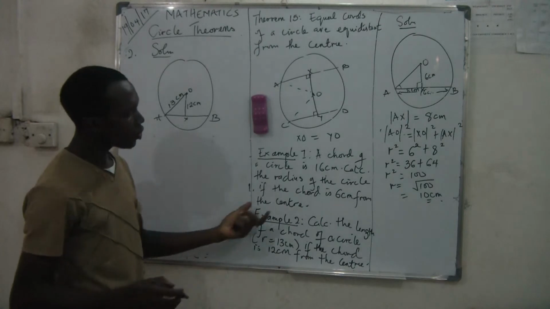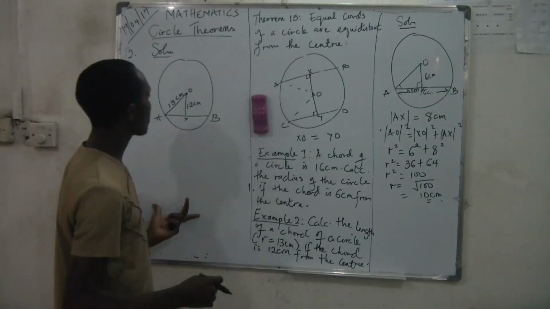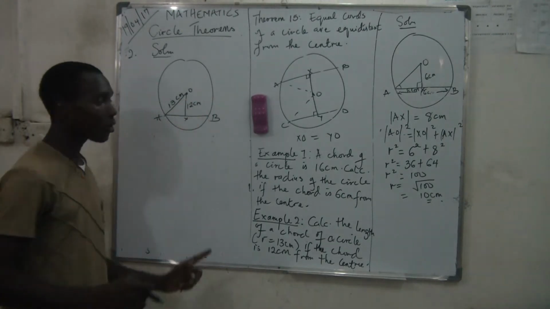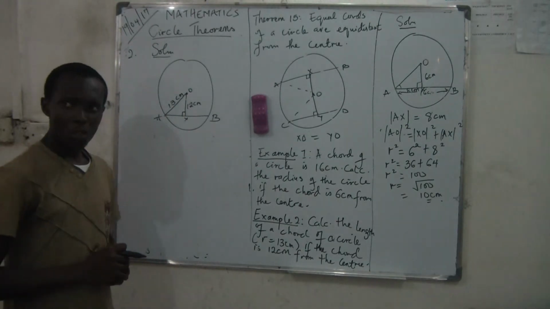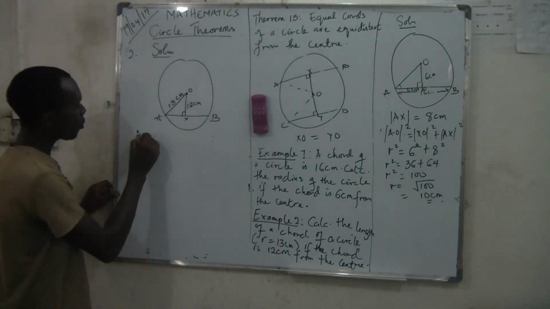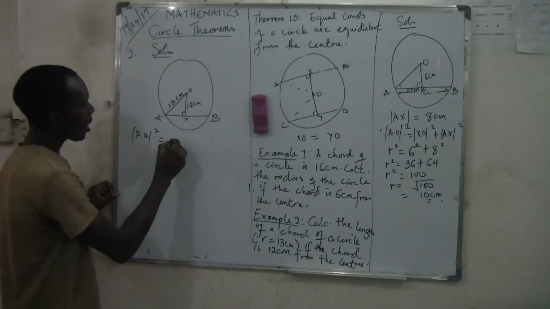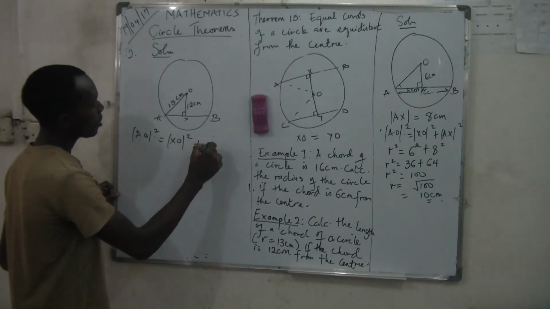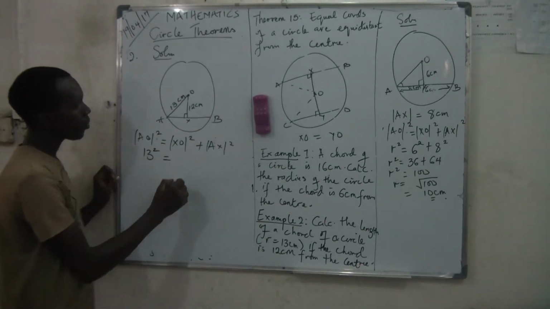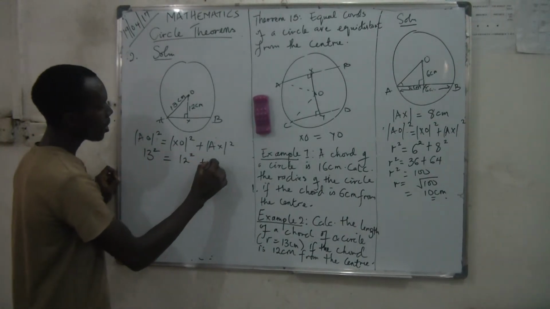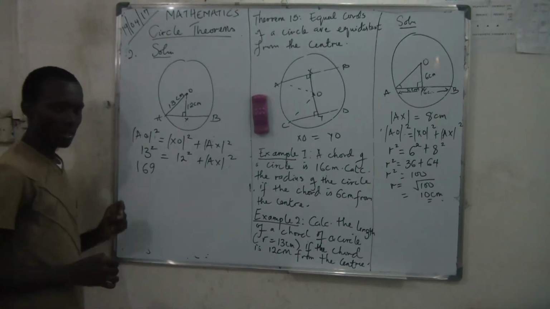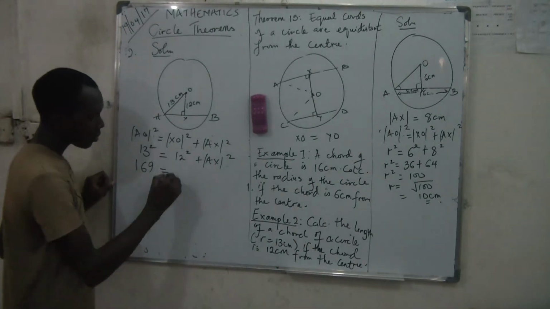So we can say from theorem 14, recall that theorem 14 says that a line that is drawn from the center of the circle to a chord bisects the chord and is at right angle. So if we bear this theorem in mind, we can therefore say once again that AO square is equal to XO square plus AX square. So the square of 13 is equal to the square of 12 plus AX square. What's the square of 13? 169. Now the square of 12 is